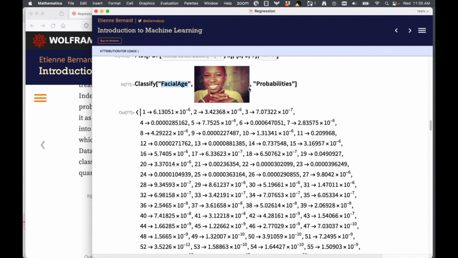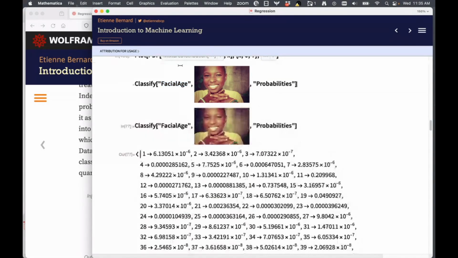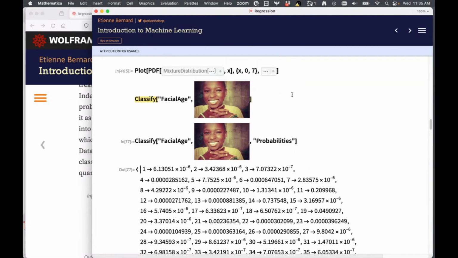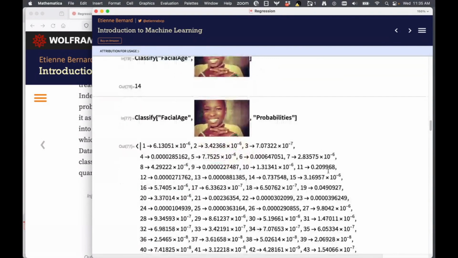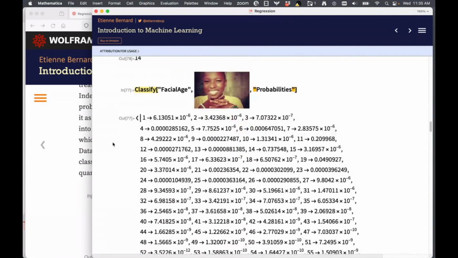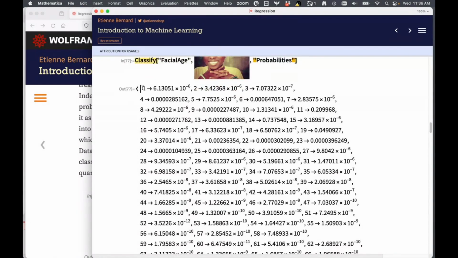If you give it the image of a person, it will try to give you the age of the person. So this classifier model thinks he's 14 years old, and if I ask for probabilities, I can see that I have discrete values of ages. I don't have 1.5 years old, or 14 years 6 months. I have just discrete ages.